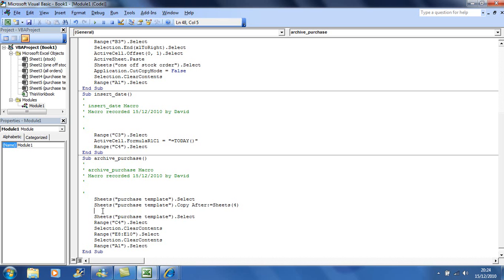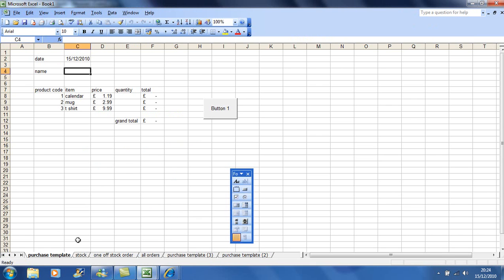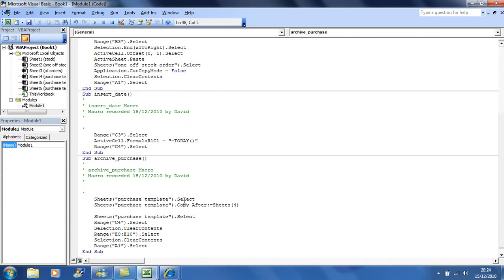If I explain, let me just pop back to book 1. There we go. At this point in the macro, we've copied it to there, but it's called purchase template. And before we go back to delete the stuff from in here, we want to rename this. So that's what it's doing here. It copies it, it pastes it, and then before we go back, we rename it here. And the way we rename it is this. We just go ActiveSheet, if you can spell it,